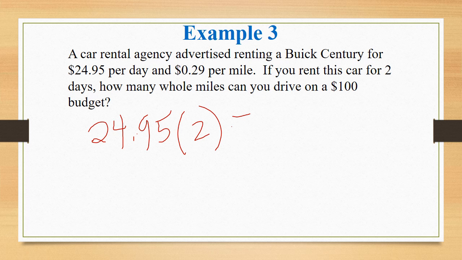So step 1, I'm going to figure out how much it's going to cost me for those 2 days, right? Because I'm going to have to pay that regardless. So if I'm renting it for 2 days, I'm going to pay the $24.95 times 2. So what is $24.95 times 2, my friend? 49.90. Yeah, 49.90. So I know that it's going to cost me $49.90,